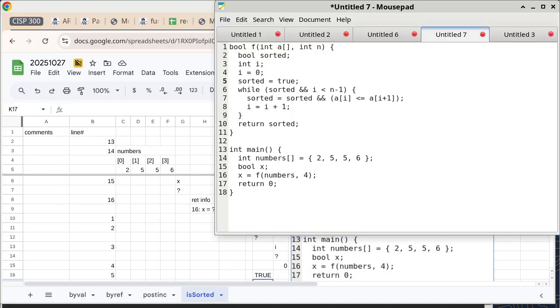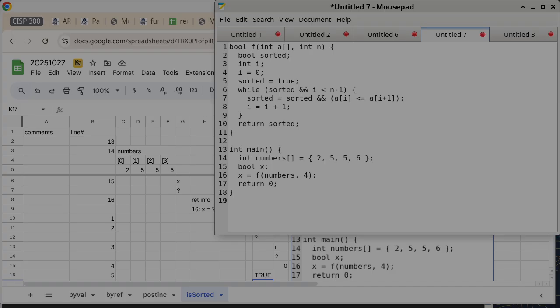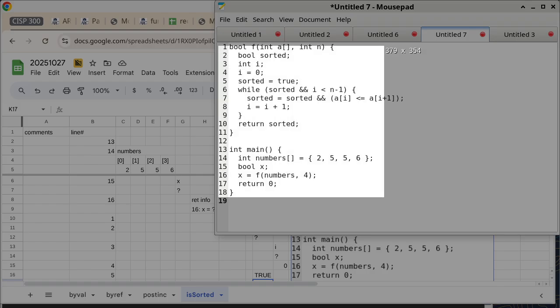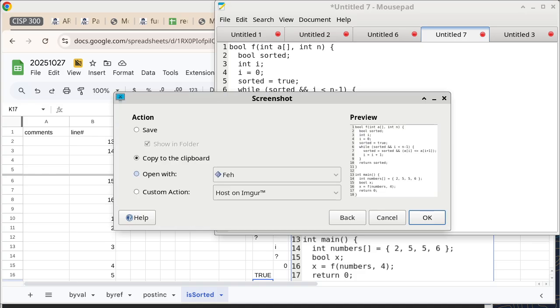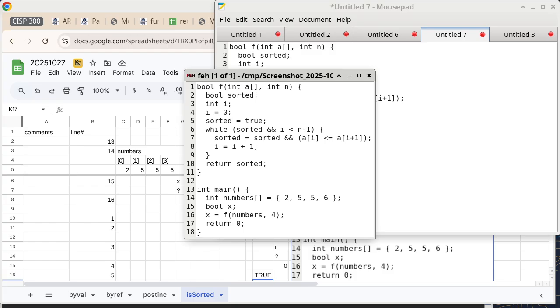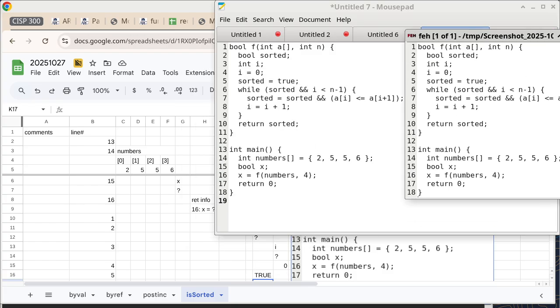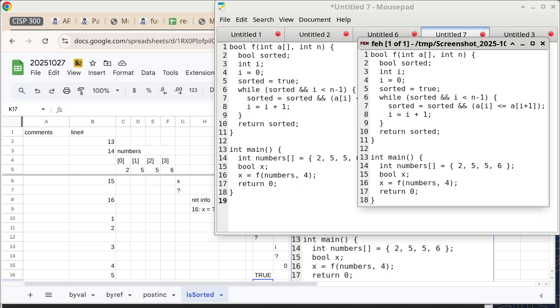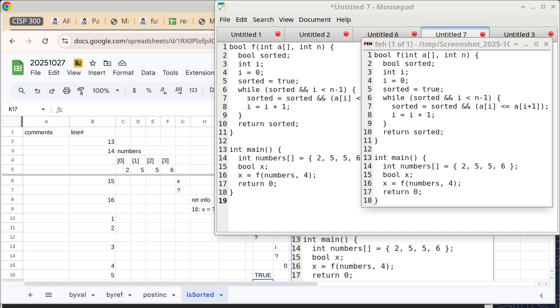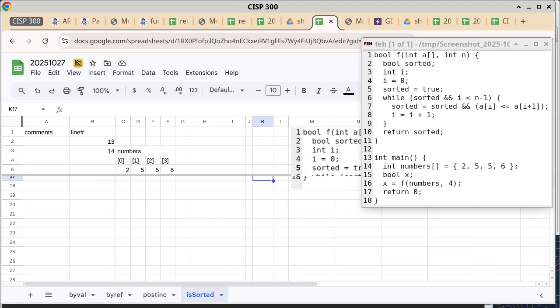I don't know how to use the clipboard to do this part, so we're just gonna have to do it the old-fashioned way, which is taking another screenshot over here and then display the smaller window using this approach. There we go. All right, so now we are ready to continue the trace